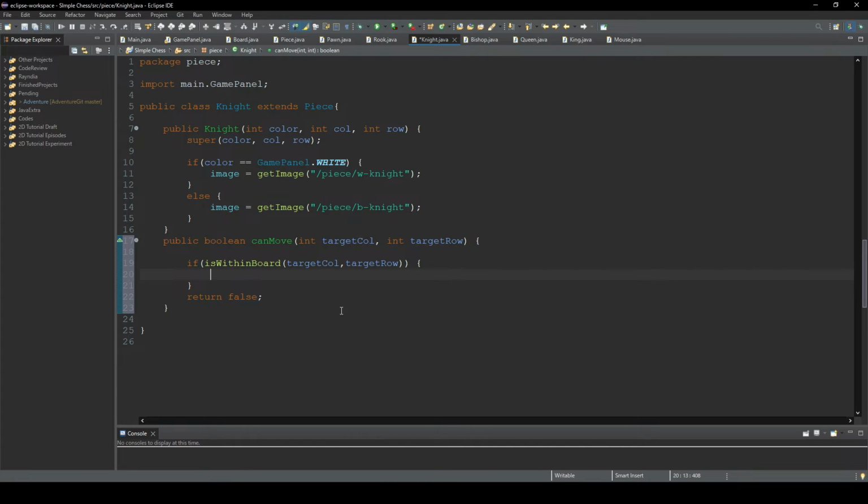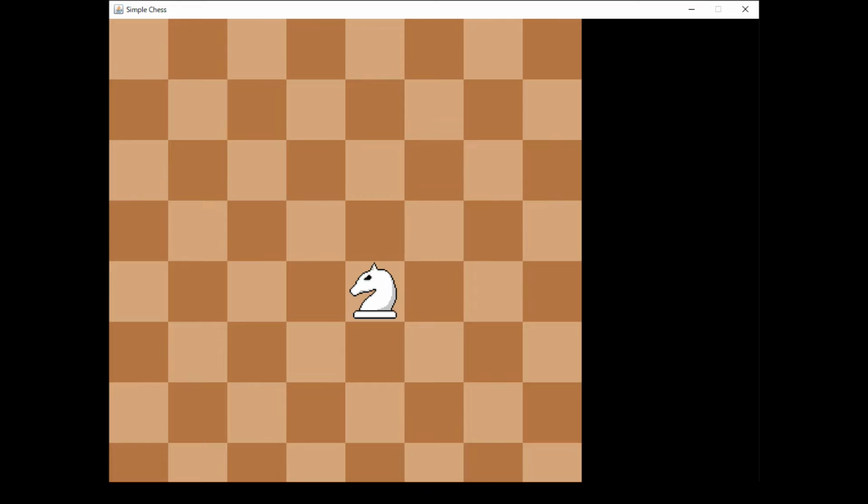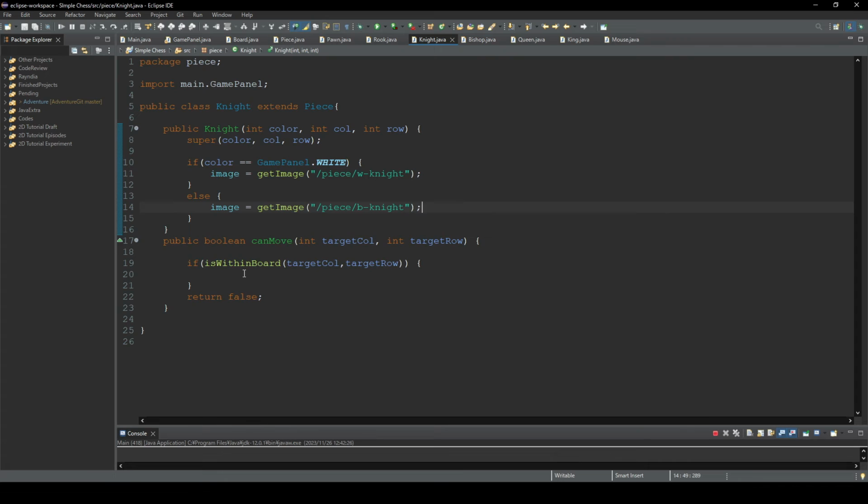So again, create this can move and check if it's within the board. Then we check this target square is reachable by this knight. And the knight can move 2 squares vertically and 1 square horizontally, or 2 squares horizontally and 1 square vertically. So the movement ratio is 1 to 2 or 2 to 1 always. So the calculation would be